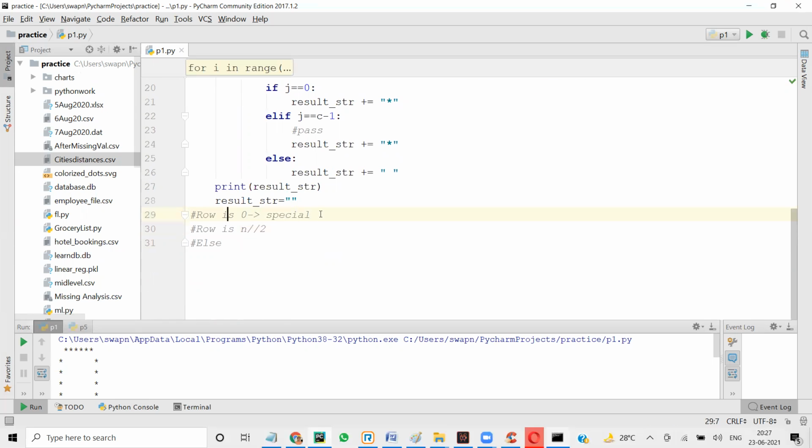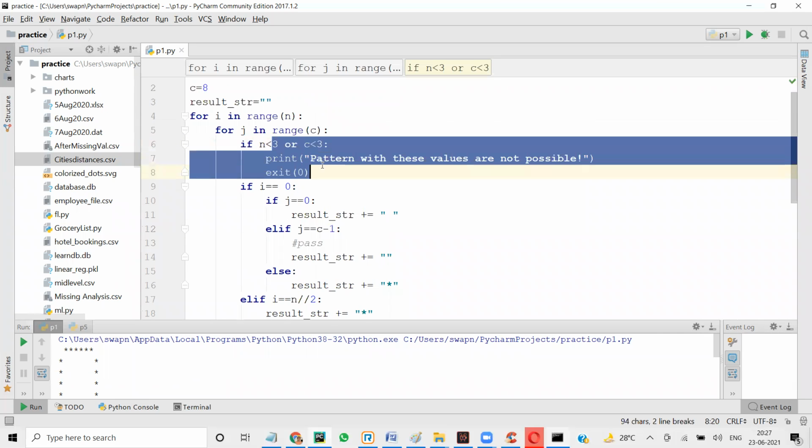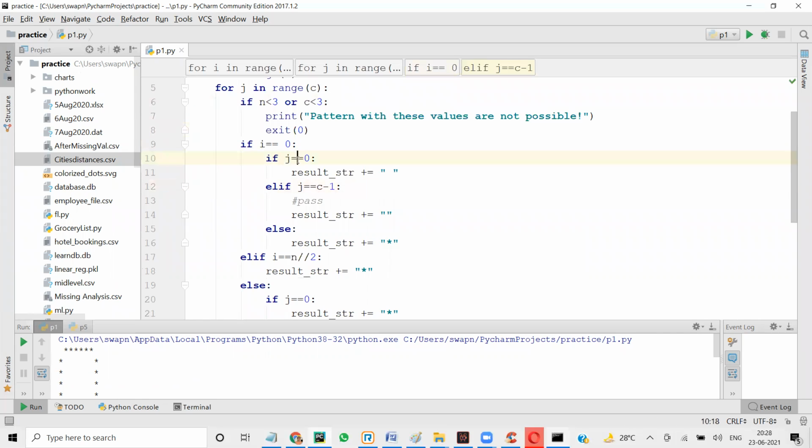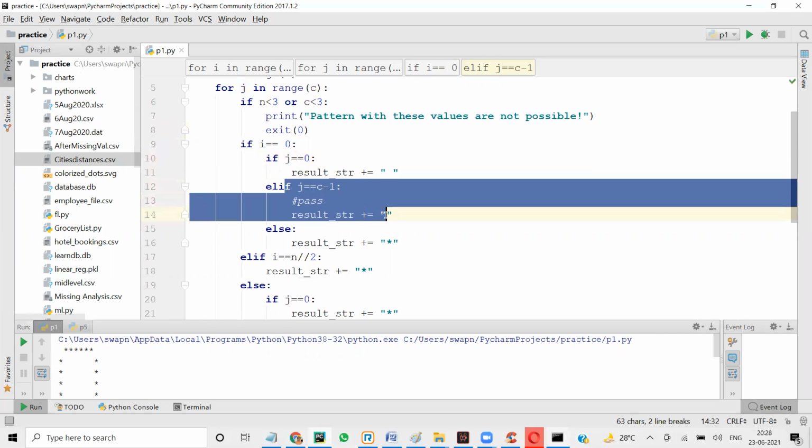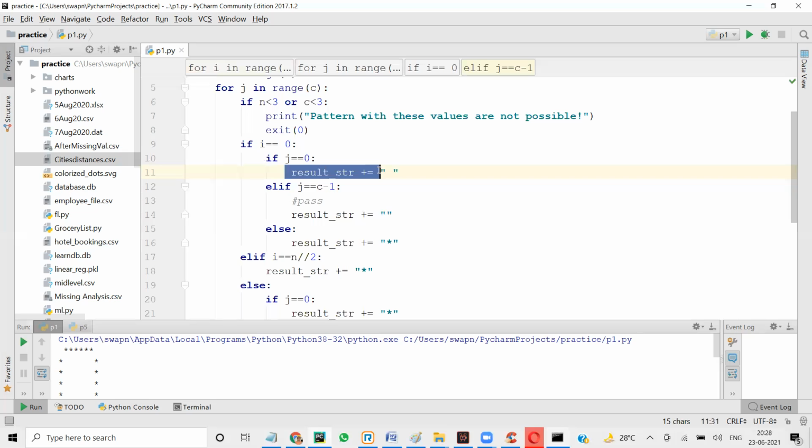Okay, if it is 0, it has to be space, star, star, space. If it is mid value, everything should be star. And for else, okay, it should be star, space, space, space, star. And same thing I did. So here, not possible, the special case. Here what I did, if it is 0, then space. Okay, 0, first row. If first value 0, rest you do nothing. Okay, and then sorry, what I'm trying to say is first value space, last value, okay, do nothing, because see, last value anyway we don't do anything, right? Whether you give space or not doesn't matter. You can even give space here.